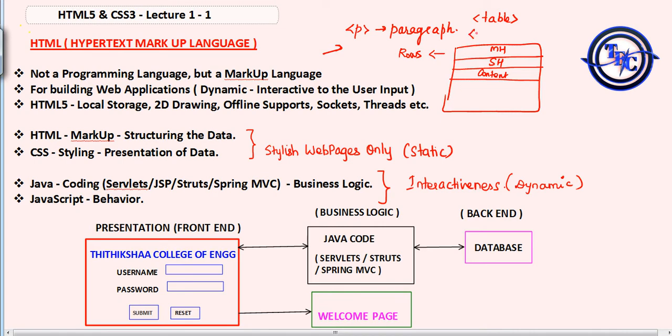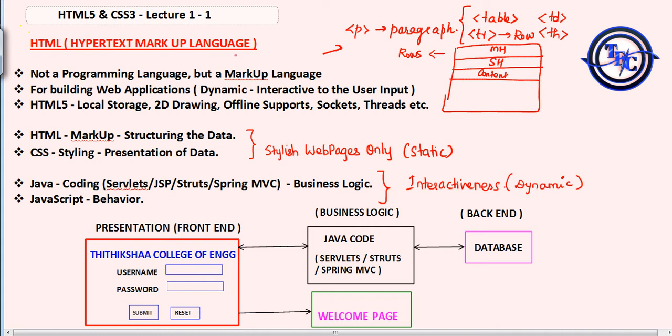So she used the tag TR, which stands for row, and then to fill up the data she is using the tag TD, which defines the data inside the row. Next, for the header she is using the tag TH. These are nothing but tags or markup, markup tags, so hence it is called a markup language.